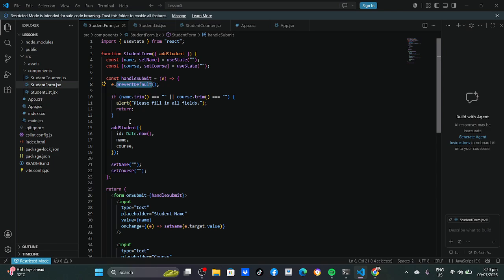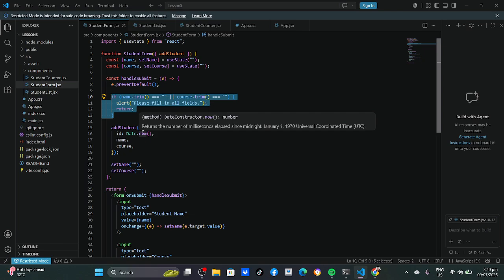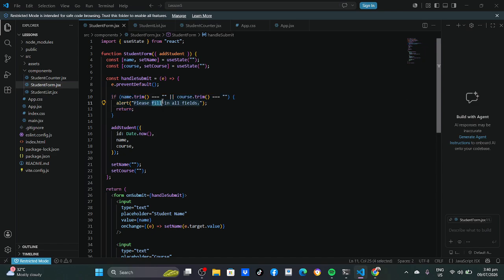Then I validated the input, where this part here checks whether the name or the course is empty. If either field is empty, then an alert is displayed and the function stops. And then if the input is valid, then I call the add student function.